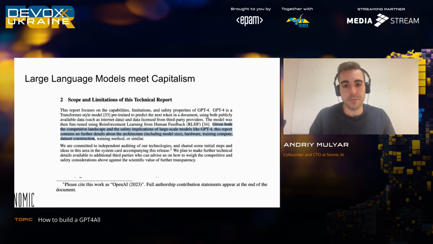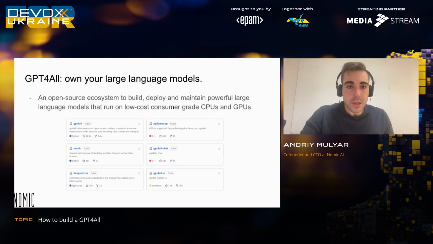This is sort of a thing that people have since been able to find out. There's lawsuits against OpenAI right now around the kinds of data they put into the models. I'm not going to talk about my opinions on any of those. But as you can see here, there's an increasingly closed nature of the top industry AI companies when it comes to model release. So this all goes to say what this talk is about. This talk is about the opposite of all of that. It's a stand against this idea that AI systems need to be closed source in order for humans to be able to safely access them. This talk is about GPT4All.